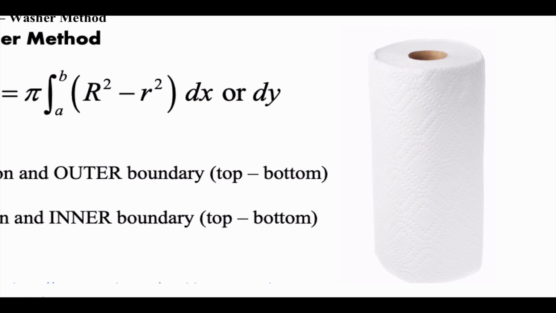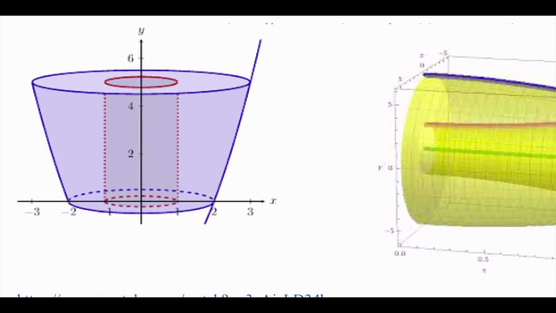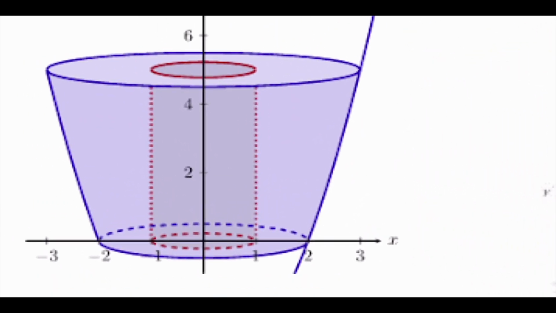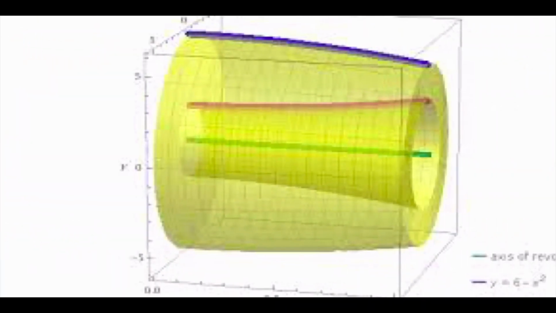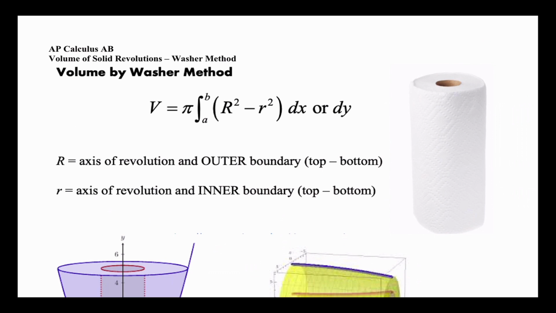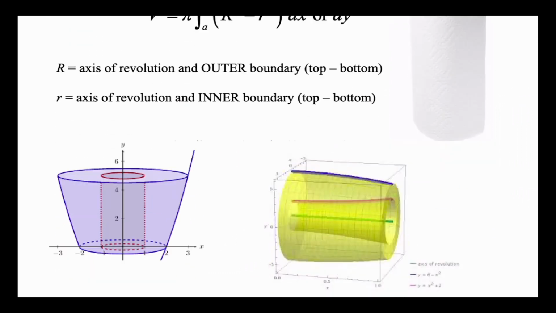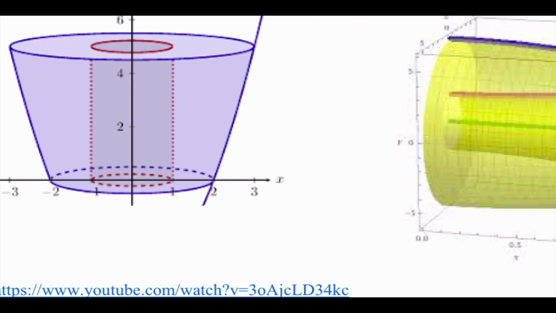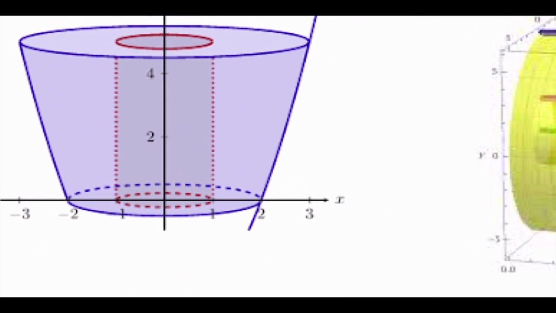So when we're looking at things like that, or things like this guy here, it looks like a cup or a tub, but it's got a hole in it, right? So it's not completely solid. Something like this too, same kind of thing, just turned on its side. This is when we use what's called washer method. The reason it's called washer method is because what we're going to do is